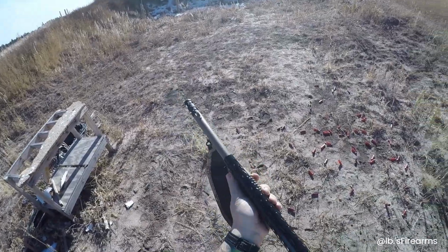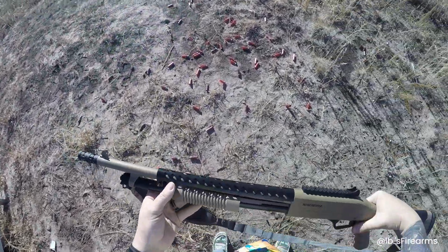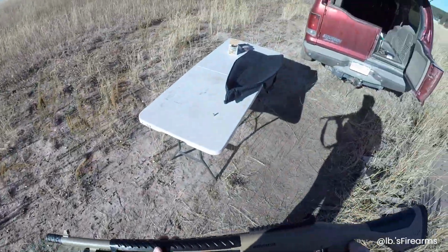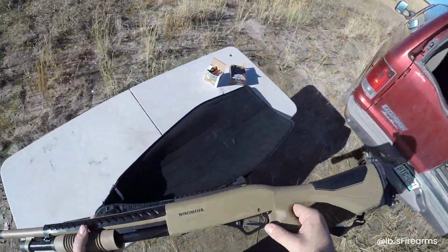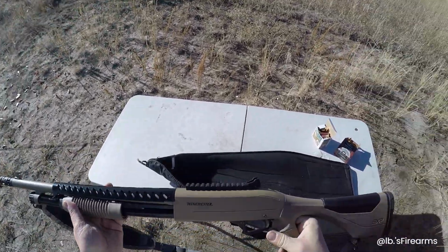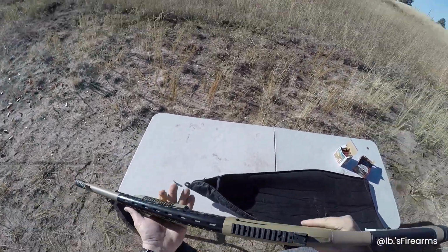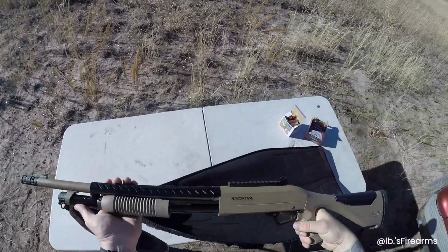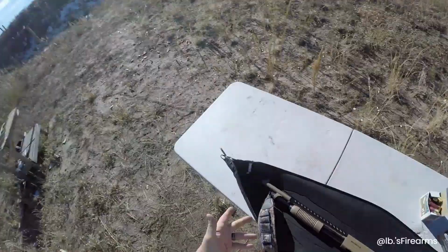Yeah, heat shield is not on tight. But hey, those fired off pretty good. Hey, everything worked this time. Put it on safe. Yeah, this thing's racking up. This thing's going good. So other than that heat shield, barrel's a little warm. This thing's running flawless. I think it looks like the sights are pretty